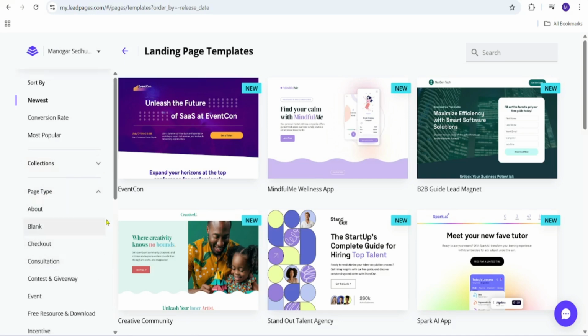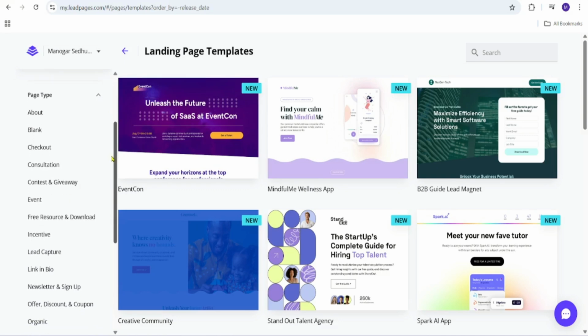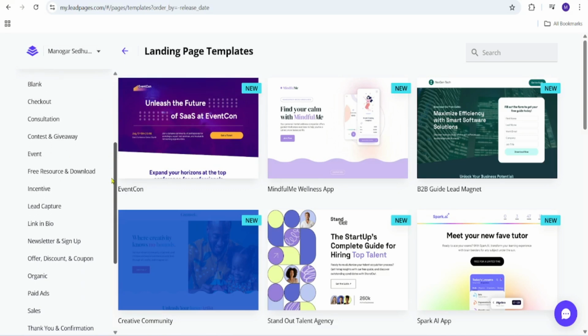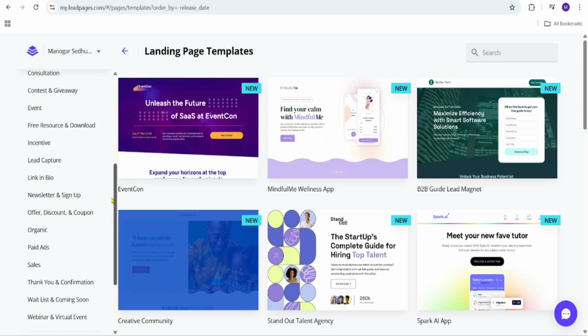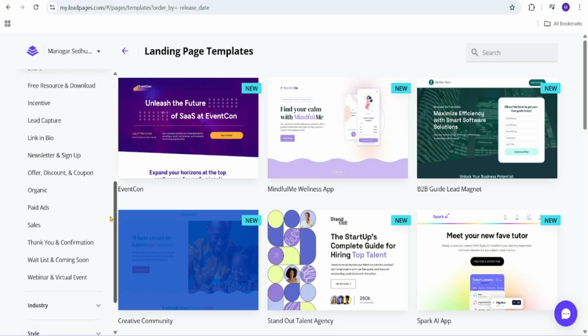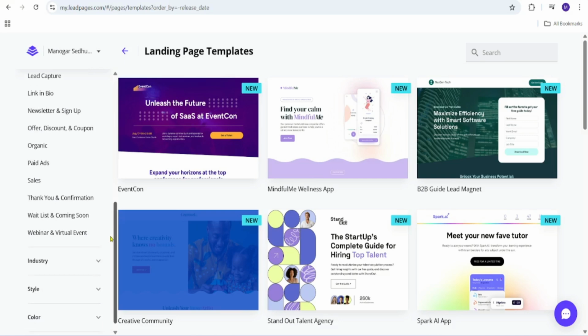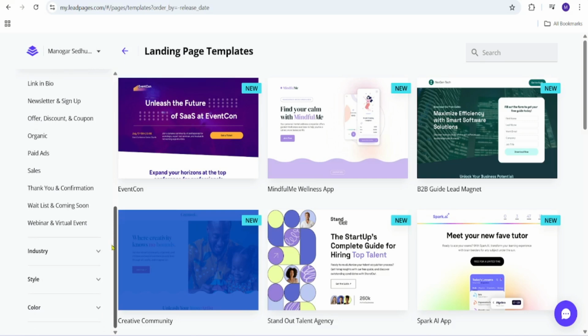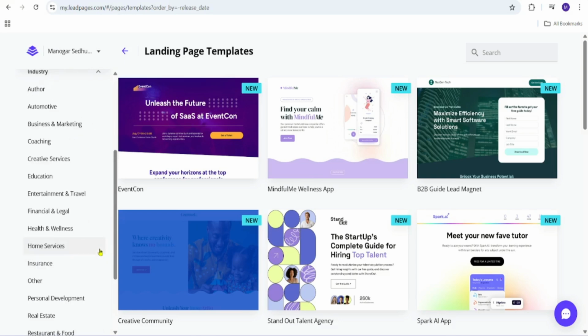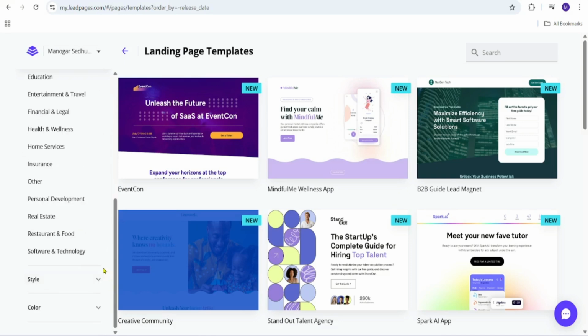blank or checkout or consultation, or a free resource or incentive or lead capture or link in the bio or newsletter and sign up, offer or discount, organic paid ad sales and thank you on a confirmation page, or waitlist and coming soon, or a webinar or a virtual event. And based on the industry, you also have whether you're an author, automotive industry, or business and marketing, or coaching, or education, or entertainment and travel, and personal development, real estate, and you have so many styles and landing pages